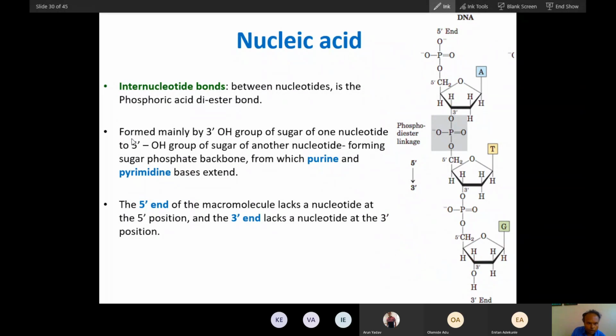Now here, see, this phosphodiester bond is found between the 3' OH of the sugar of one nucleotide and the 5' phosphate of the next, forming the sugar phosphate backbone. This is a sugar phosphate backbone. We will revise it more. Just remember, this is called the backbone. This bond and sugar is called the backbone, and the bond is found between 3' and 5'. And we name from 5' to 3' like this, because the 5' phosphate is here.